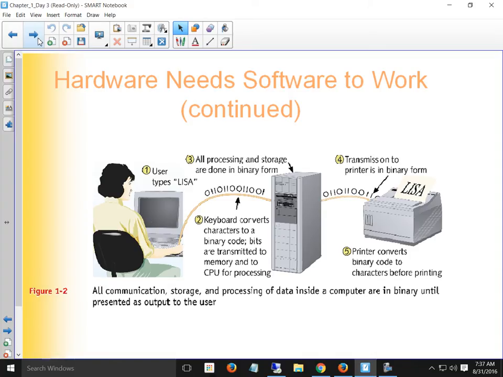I didn't really spend a lot of time talking about it because it's Computer One stuff, but I might as well say it now to make sure everybody understands what binary means. Everything that goes through a computer is in zeros and ones. Everything. All the programs that we have, all the software that we have, converts our words and commands into zeros and ones. So everything is binary. Binary means 0 or 1. Okay, so one